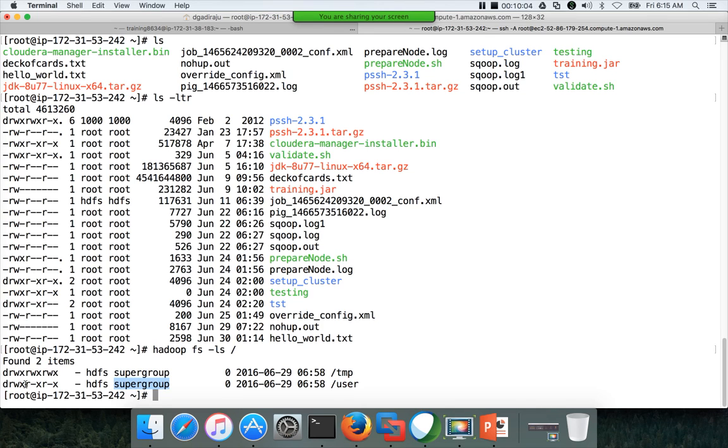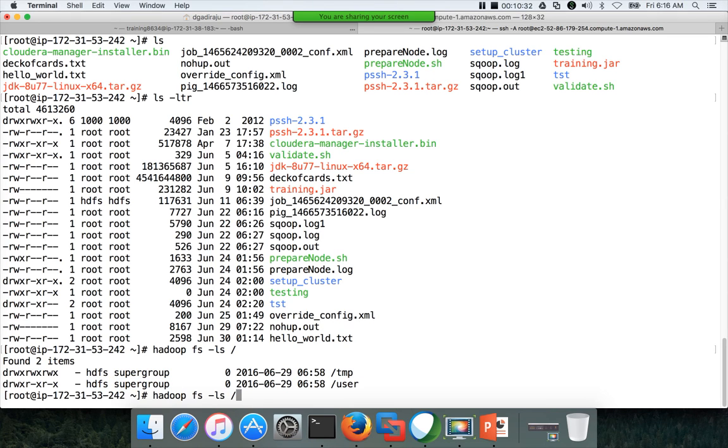So all other users in supergroup other than HDFS, if they are part of that group, have read and execute permissions, and then everyone other than the owner and the members in the group assigned to the directory will have only these permissions, read and execute. So these are permissions on the files, and these are owner and group.